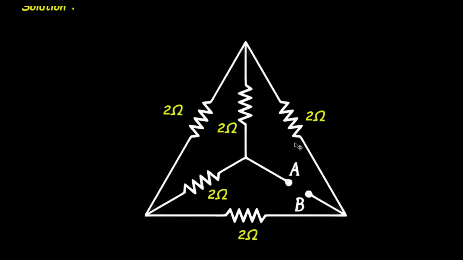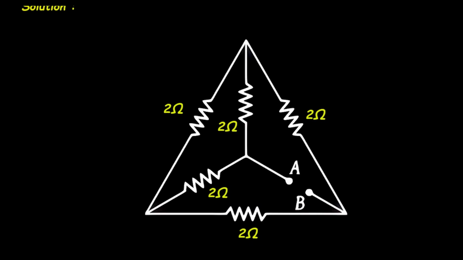First of all we will take this circuit. Now here we can see this is basically a Wheatstone bridge. How is this a Wheatstone bridge? If we stretch this A on this side, what will happen? This resistor will become like this,